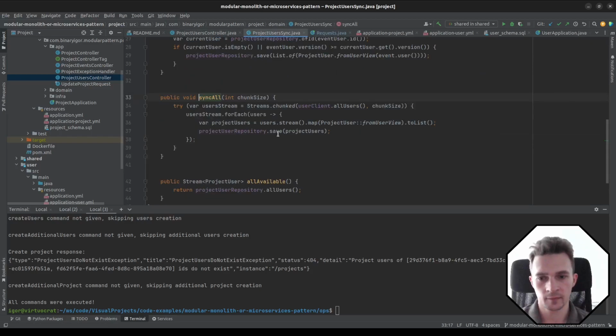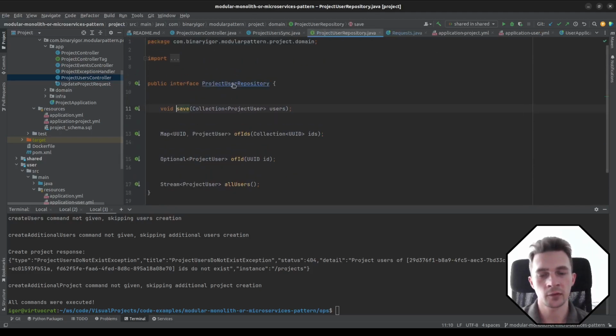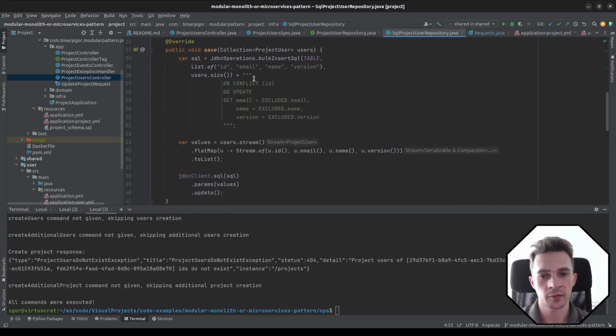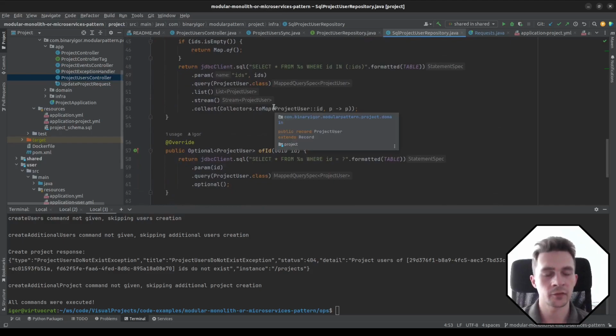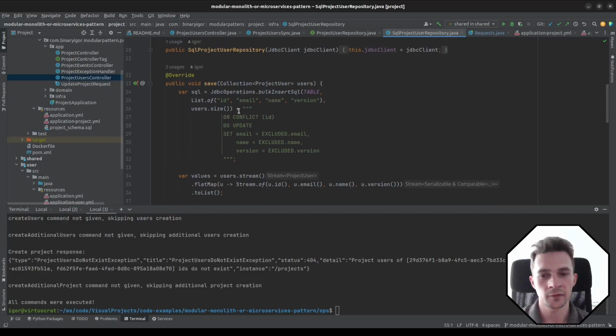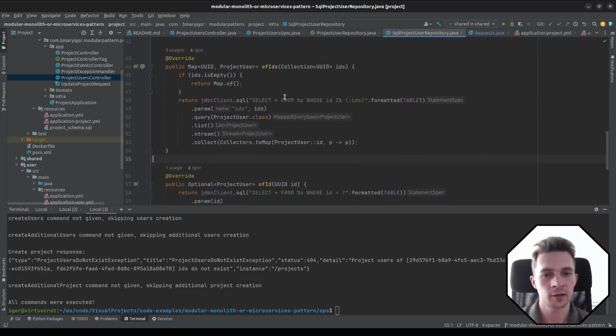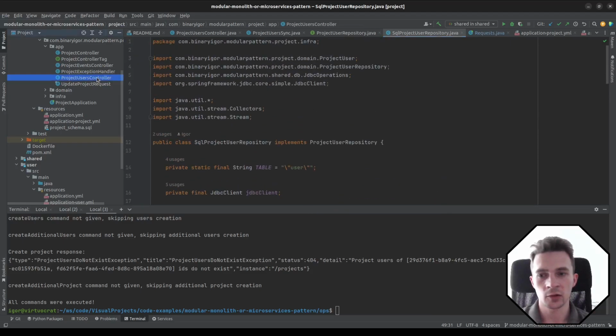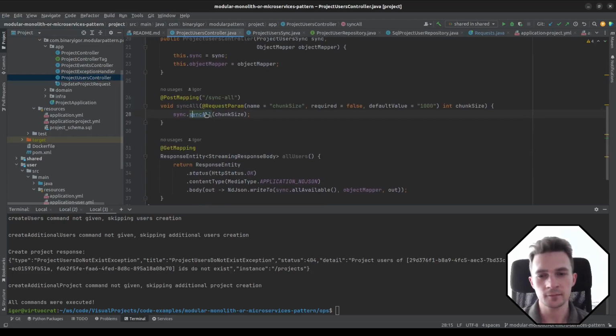Yeah. And what we do here is basically we call user client. We get all users from it, and we save them in the local database of the project module. And we have a simple SQL project user repository. In all cases, in all of those modules, we use JDBC client from Spring. It's really convenient to just write SQL statements like that and have them automatically mapped to Java records, basically. But anyways, calling that, as I said, we will use user